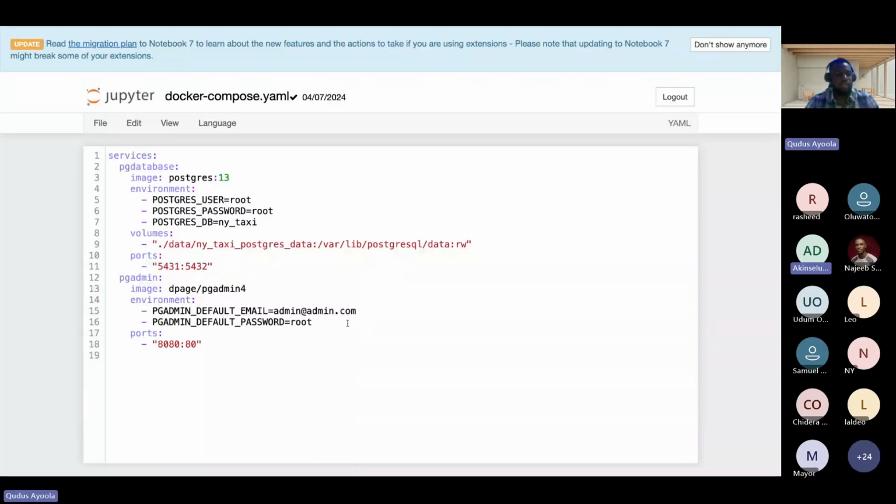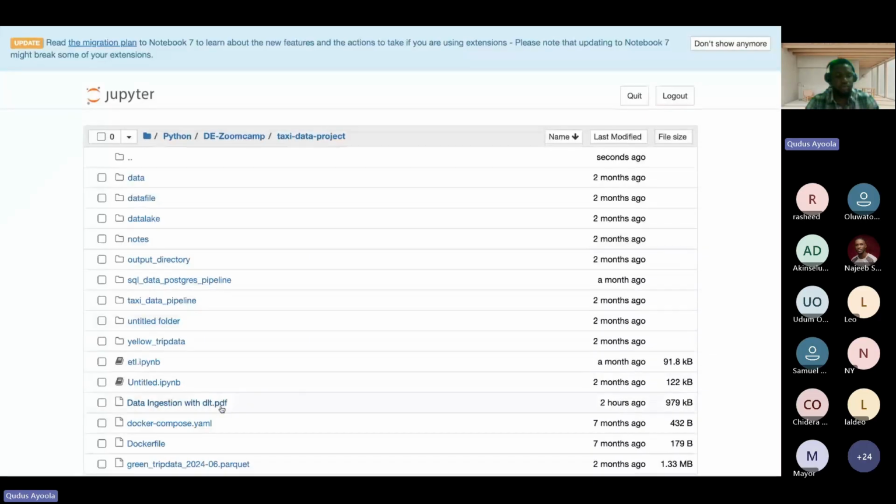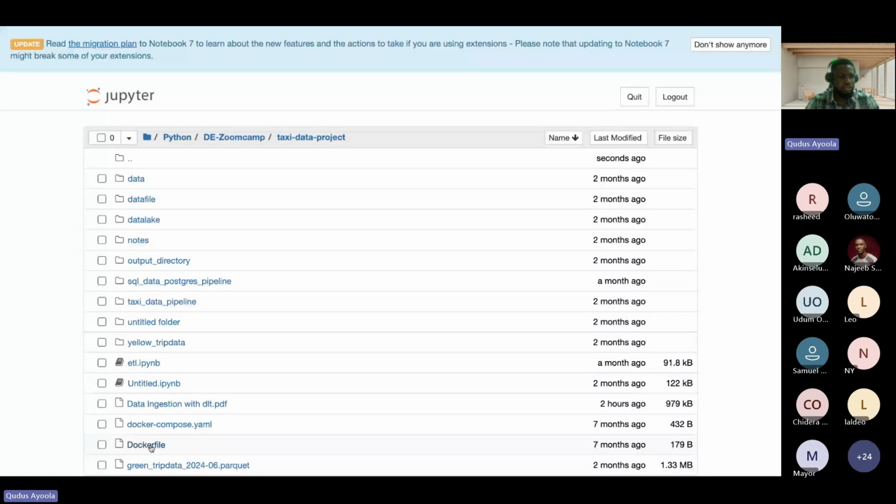So yeah, this is my PG admin environment, the email and the password. I also have a Dockerfile for my Python scripts as well. For this case, let's just use our Jupyter notebook.